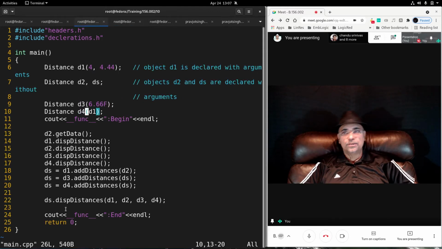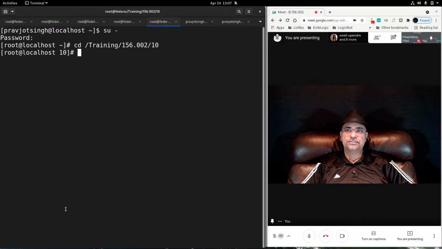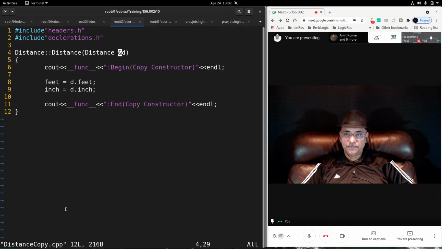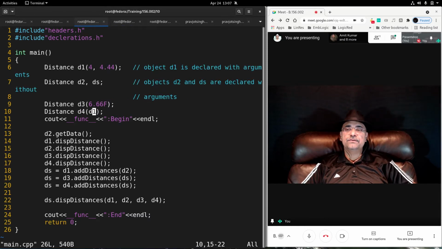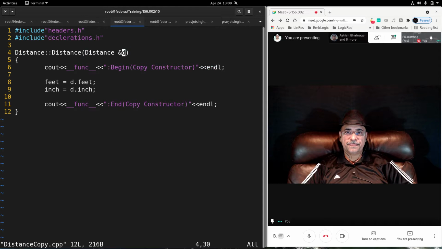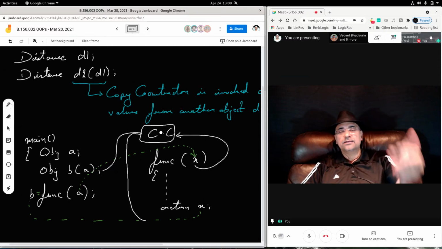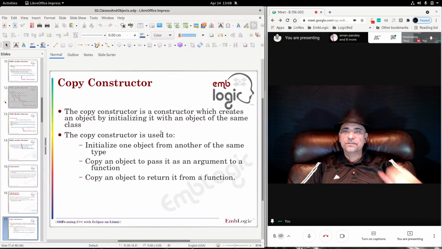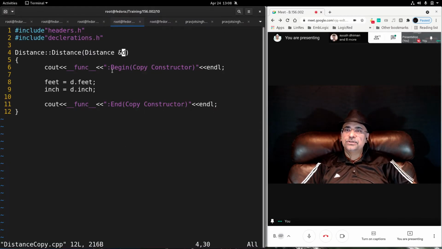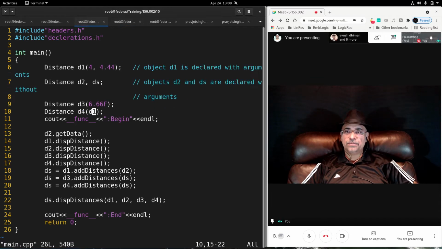Now how it worked was like this. D1 was supposed to be passed as an argument to this constructor. Okay, but that did not happen. D1 was not passed as argument here, because if D1 would have been passed as an argument, then according to this concept, a new object is created and the copy constructor is invoked. But here you're writing the copy constructor itself. So the copy constructor will start recursively calling itself, and it will be a never-ending process. So therefore, you don't accept the passed argument.